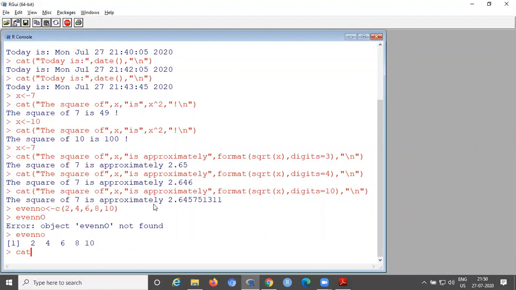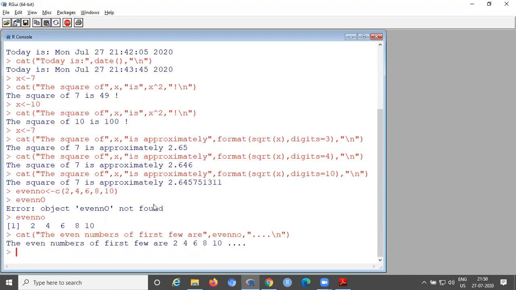Now using the cat function. So here, the even numbers of first few are, now you are calling the even number vector, then you are using /n before that and so on. Now you can close it.